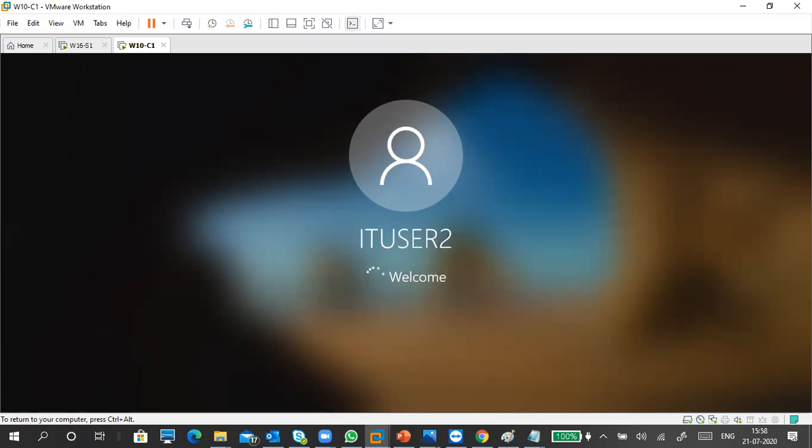So I gave that profile path to my IT user 2 also. So IT user 1 and IT user 2 have the same home folder. We'll see when IT user 2 logs in whether the home folder is mounted, as well as the document created by IT user 1 shown for IT user 2. So we are finalizing this part. Okay.